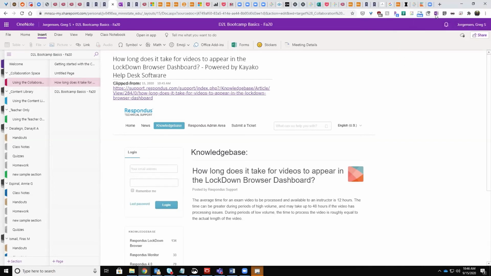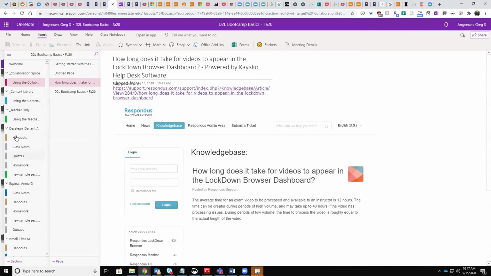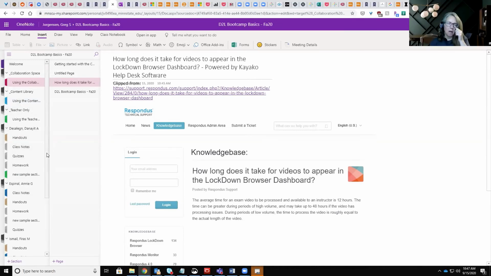I think the web clipper is awesome because once again, you don't actually have to interact with OneNote to put something in your notebook. What are other common questions? So once again, Susan, do you have any other questions? Well, I